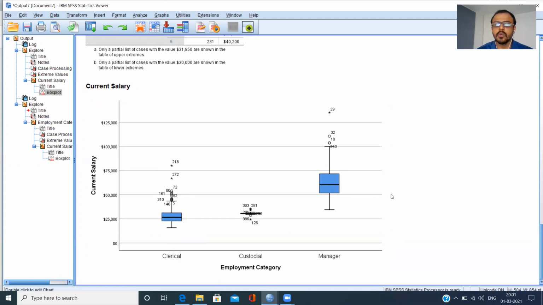So in this particular video, you have learned how to identify outliers and extreme values. The second thing that you have done is to compare the median salary for each of these three groups. Also, the third thing that we have learned is that by looking at the size of the box, we can compare the variation of the salary for each of these groups. A box plot, or to be more precise, a box and whiskers plot, is a great tool to check for outliers and deal with outliers.